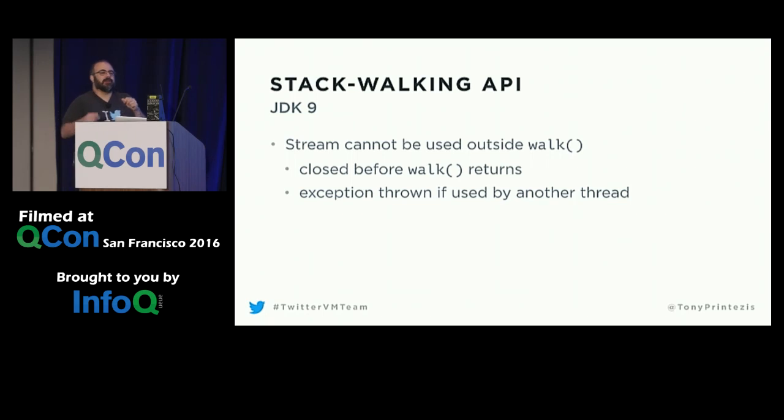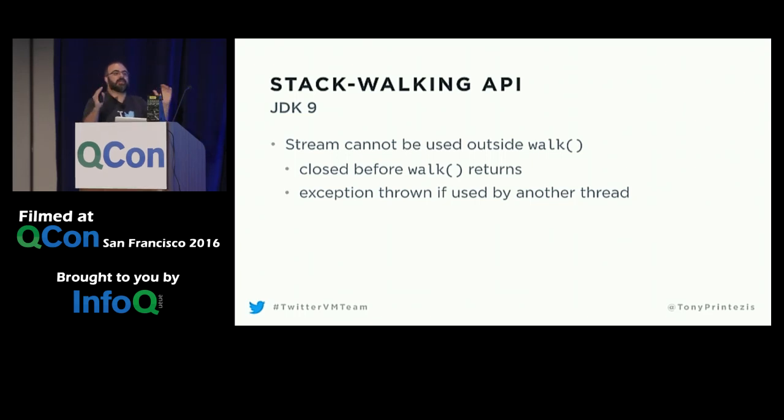It is possible, if you're really naughty, to pass a lambda that stores the stream to a static field, or creates a new thread and passes it to the other thread, so the new thread can even run concurrently with the walk method. I've tried all this just to see what would happen. And it turns out the stream cannot be used outside walk, for a couple of reasons. First, it is closed before walk returns, so if the same thread tries to access the stream, we'll get an exception. And it also cannot be accessed by any other thread. When the stream is created, it has a pointer to the thread that created it, so if another thread tries to access it, it would just get an exception as well.